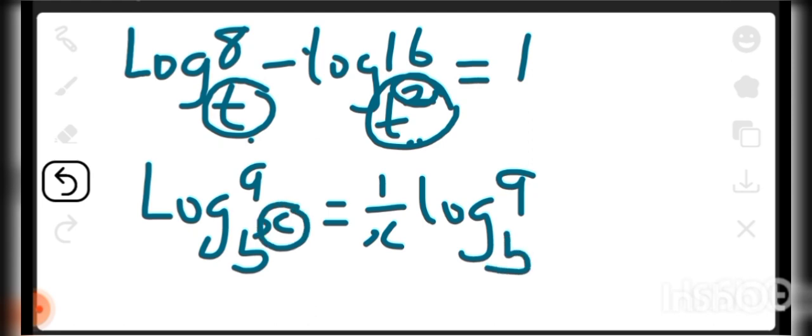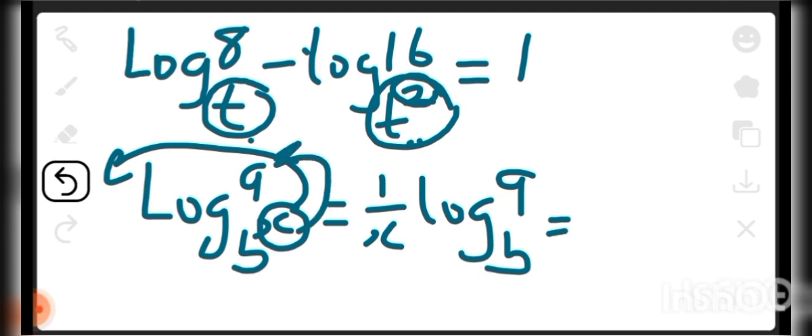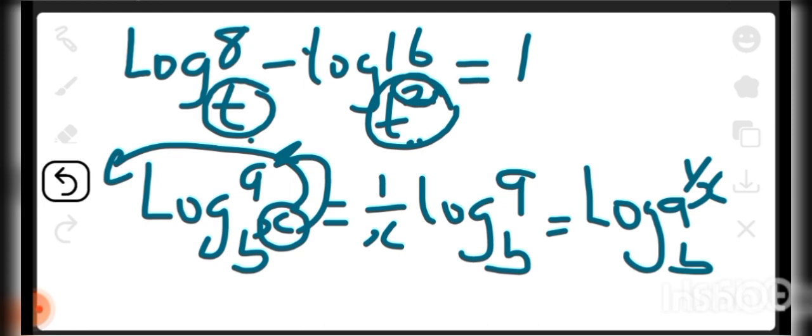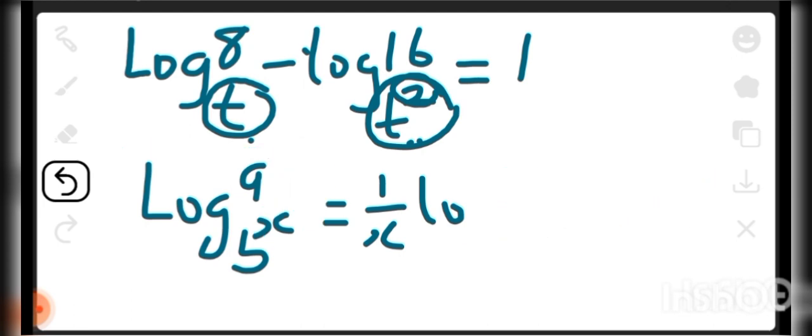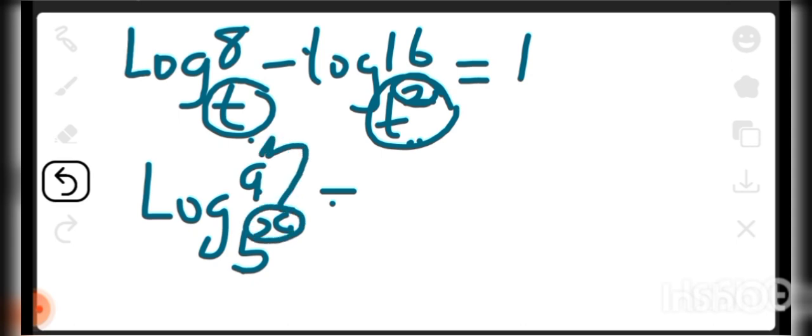If you want to move this power from this way to the back, you take the inverse of that power. Or you can also move it directly to become the power of a. It will now be log a raised to power 1 over x to base b. In case you still don't understand, look at what I mean. If you have log a to base b raised to power x, and you want to move this power from the base to the log,